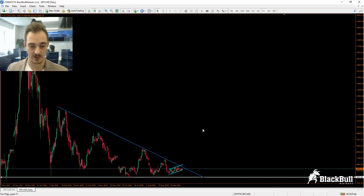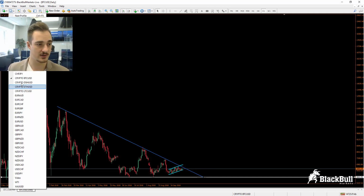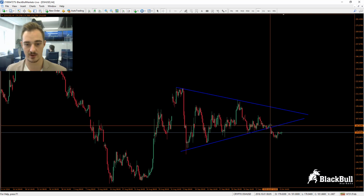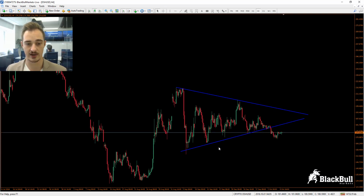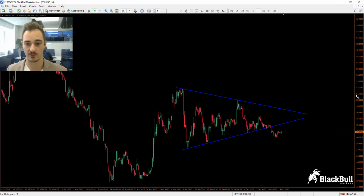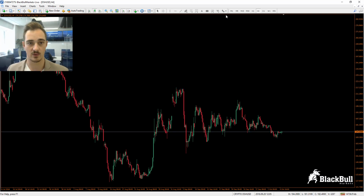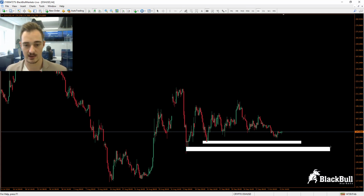And then also, now we're looking at our Dash coin. So this is the next one we have. As you can see, it has moved on this triangle we have drawn previously. You can see it has broken through it. So you could have had a trade maybe on the close of that candle and now being in the green. So at the moment, in my opinion, I would not really look for any trades or any moves at the moment. I would wait for it to bounce off of either one of these or break through either one of these support areas before looking at something